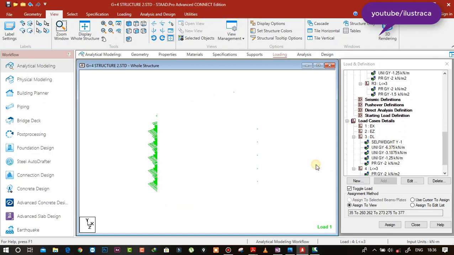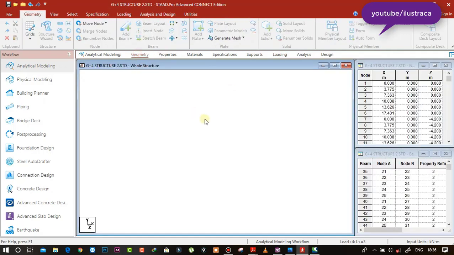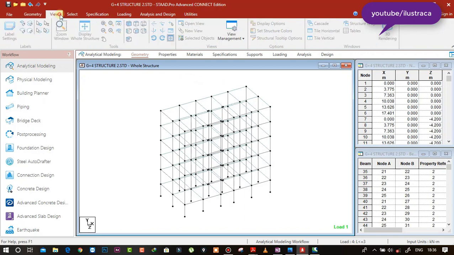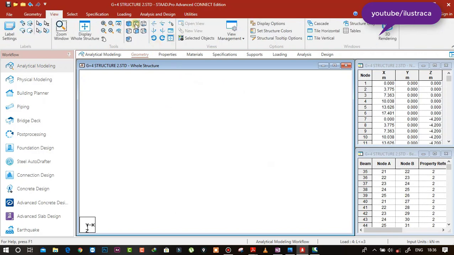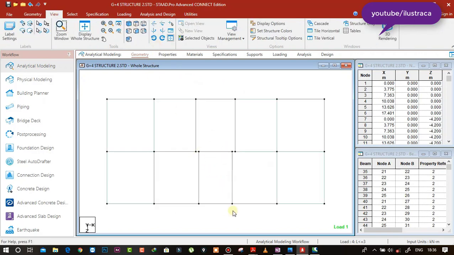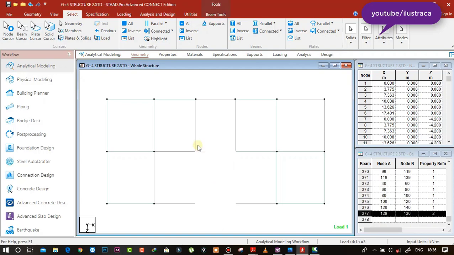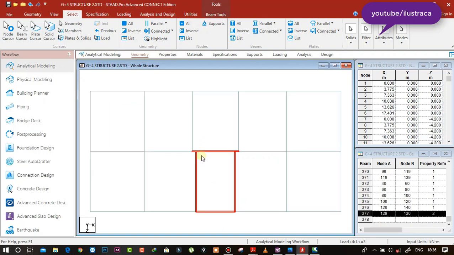Now the last loading we have left, which is our stair loading, right? So go to the top view of the structure. Just go to this top view and select this part, select beams. I am going to select this part only, okay, not these small beams also.